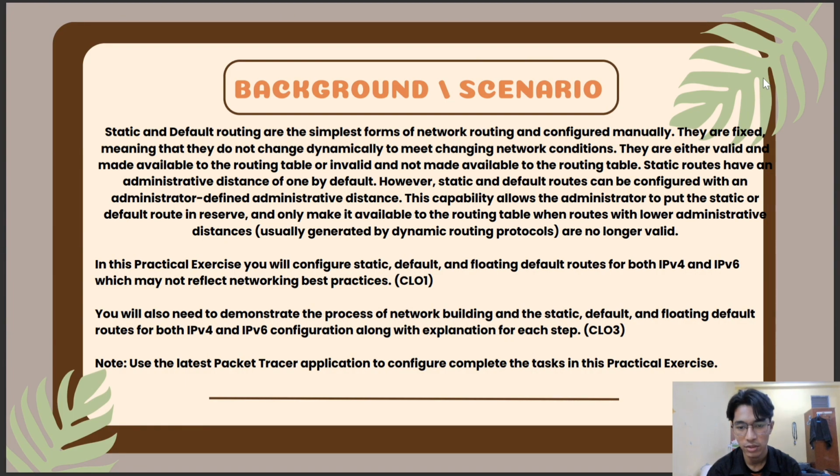However, static and default routes can be configured with an administrator defined administrative distance. This capability allows the administrator to put all of the static or default routes in reserve and only make them available to the routing table when routes with lower administrative distance, usually generated by dynamic routing protocols,